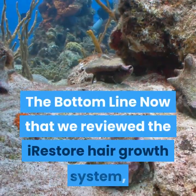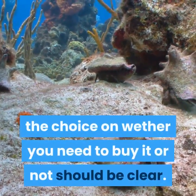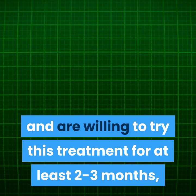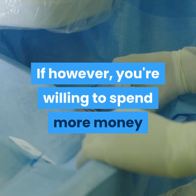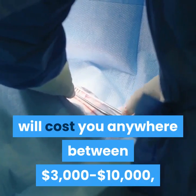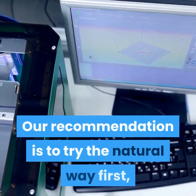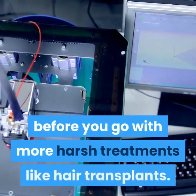The bottom line, now that we reviewed the Irestore hair growth system, the choice on whether you need to buy it or not should be clear. If you're looking for a natural hair growth solution that is non-invasive, and are willing to try this treatment for at least 2 to 3 months, then this one is definitely for you. If, however, you're willing to spend more money and get a hair transplant that will cost you anywhere between $3,000 to $10,000, and don't mind some pain, but want overnight results, then you might go with a hair transplant. Our recommendation is to try the natural way first, which is the Irestore hair growth system, before you go with more harsh treatments like hair